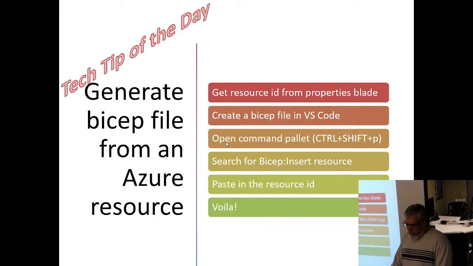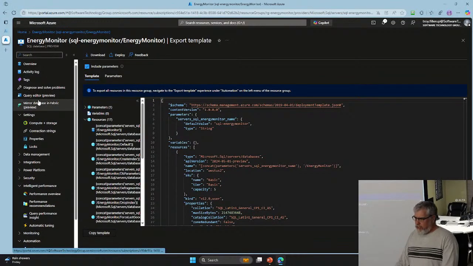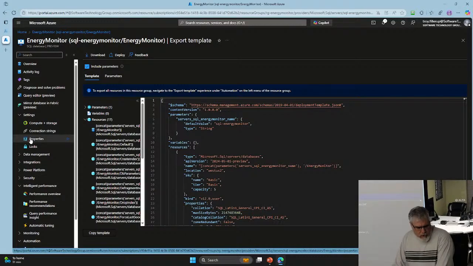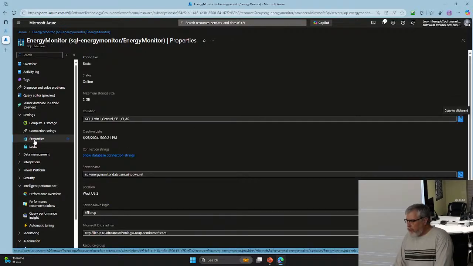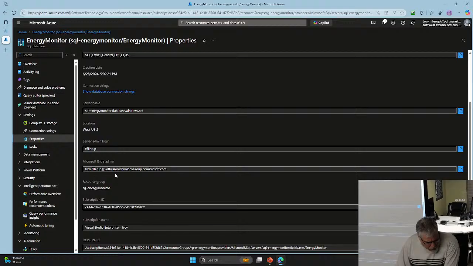So the first thing that we need to do is we need to get the resource ID from the properties blade. Okay, so I'll bring this back. So as you can see, every resource in Azure has a resource ID. It's a great big long ID that Azure creates when you build that resource. So the way that you get that is you go into the properties. So every resource in Azure will have this properties blade. You'll go into properties and you'll scroll down here until you find the resource ID. So it's this one on the bottom here. So I'm going to take it, I'm going to copy that. And then what you can do